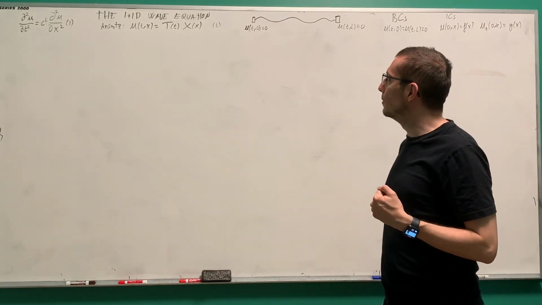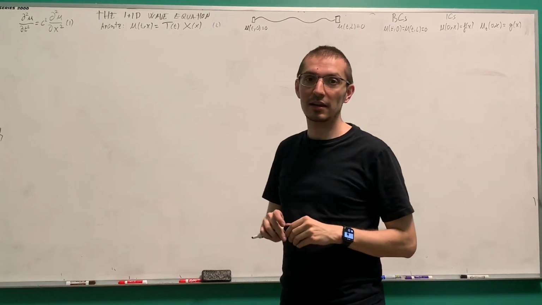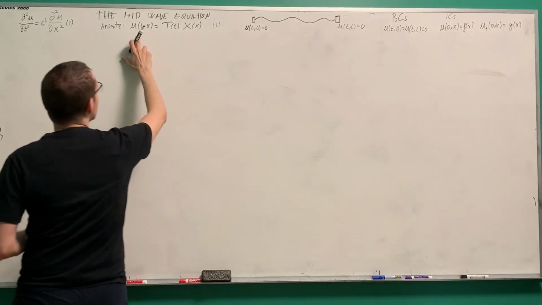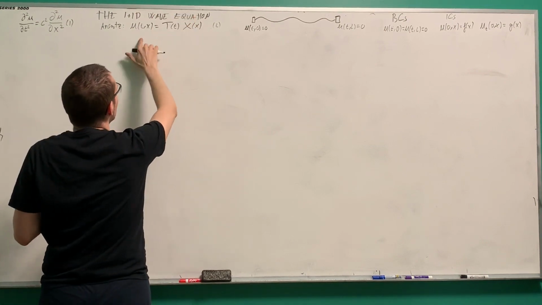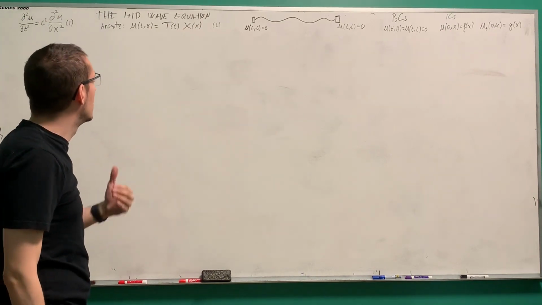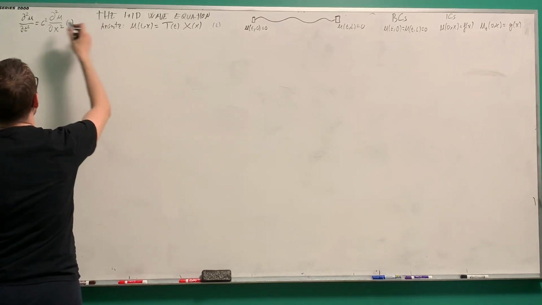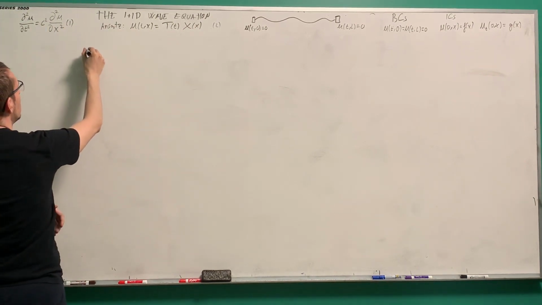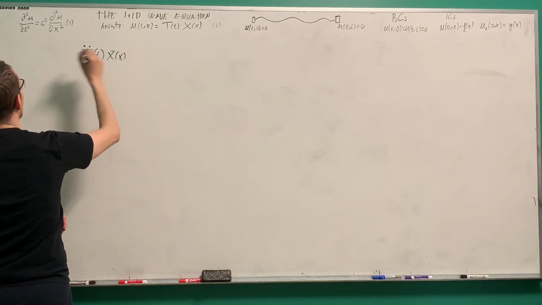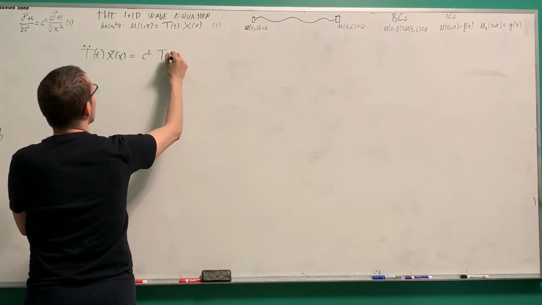All right. So we solve this equation the same way that we solve the heat equation. We make the ansatz that the equation is separable. So we assume the solution is of the form T times X, where T is a function of only t and X is a function of only x. We repeat the same procedure as before and plug this into the equation. The left hand side gives me T double dot of t times X of x, as I take the derivative with respect to time, and the right hand side is c squared T of t